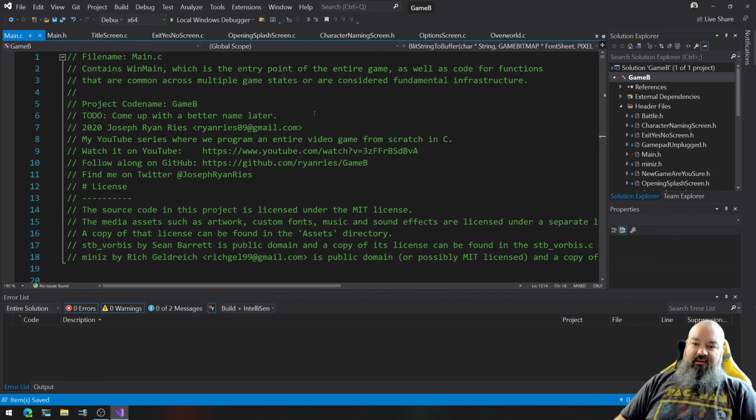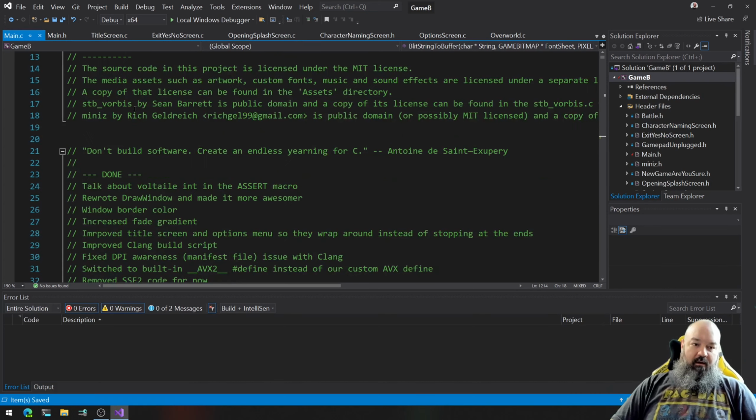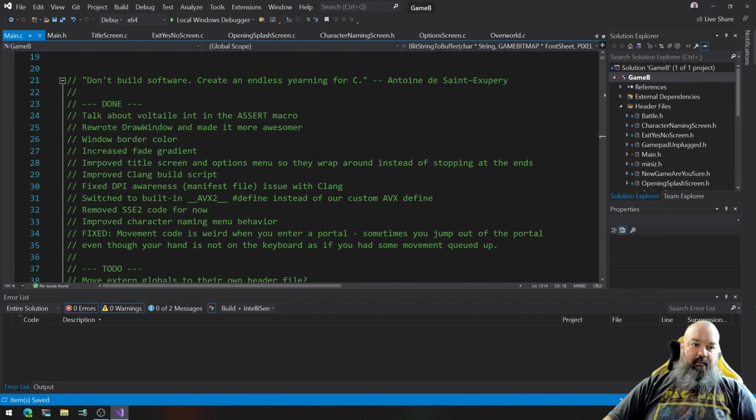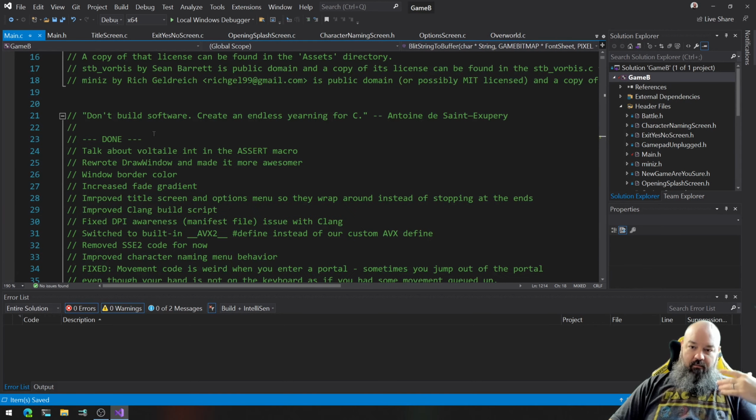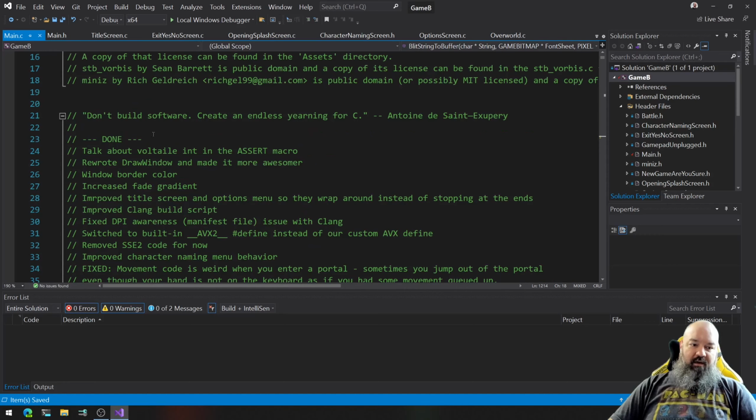Okay, so the first thing I want to do before we really continue is I want you to know that I did a little bit of work off camera just in the interest of keeping things moving along. Obviously I don't want to do too much off camera, but I also want to keep the momentum going and keep making progress without getting bogged down by a lot of this really mundane stuff. But anyway,